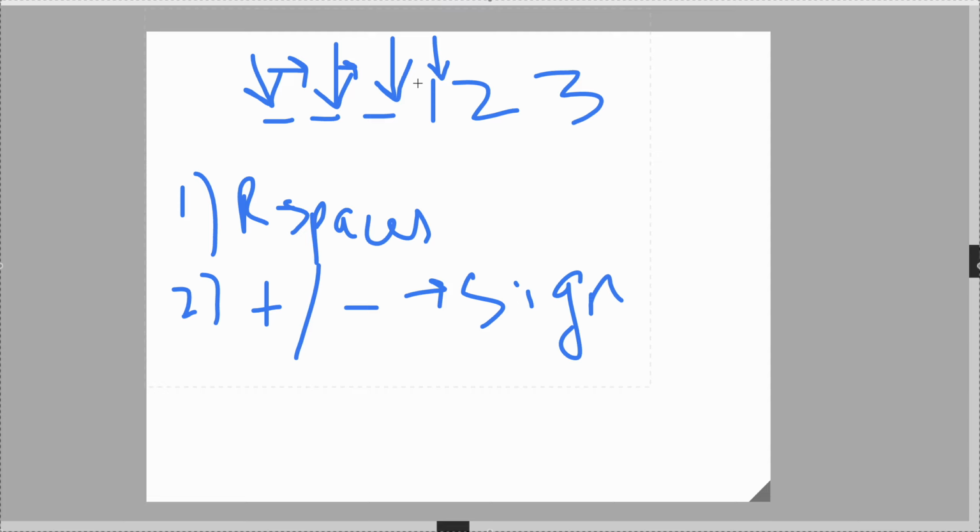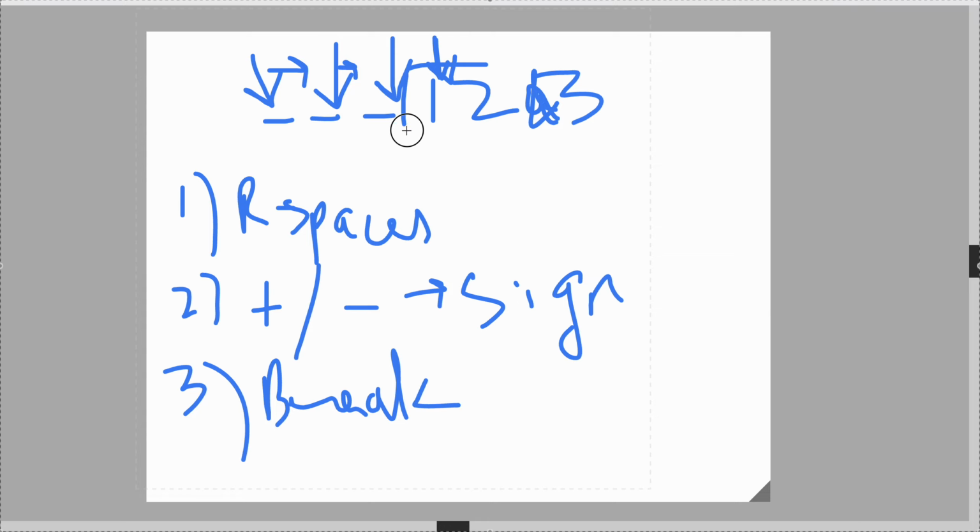So in this particular case, there is no symbol, so we will be starting from this particular character itself. In the third case, suppose we have some a or ampersand or any other character which is not a digit. In that case, we break and return whatever result we have seen so far. So in this particular case, we will just return 12. So these are the main cases that we need to